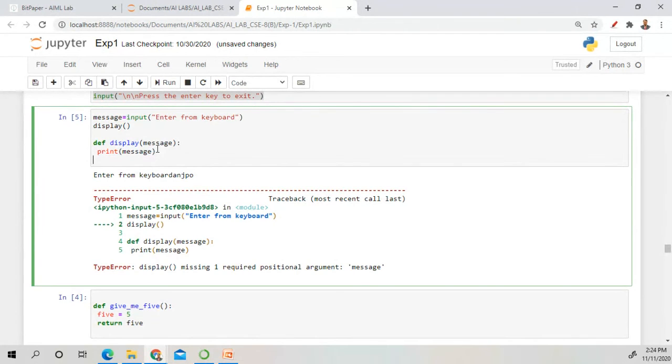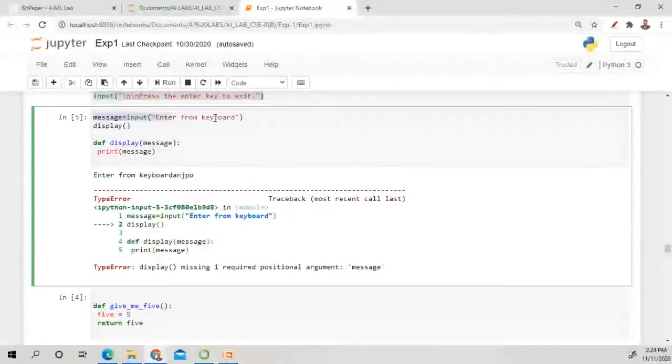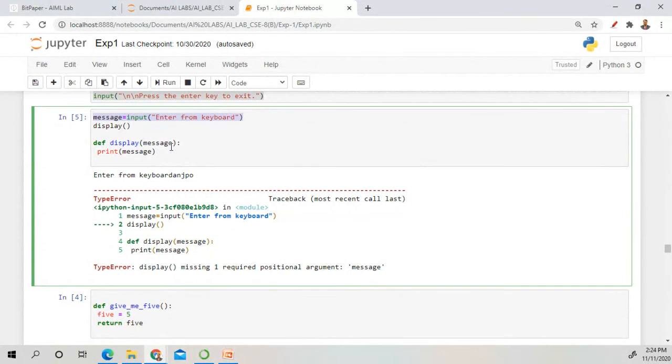It should be display message. It is showing error. How to change that error? Message in display. So this is a message, and if you give this in the parameter value, what happens after this?